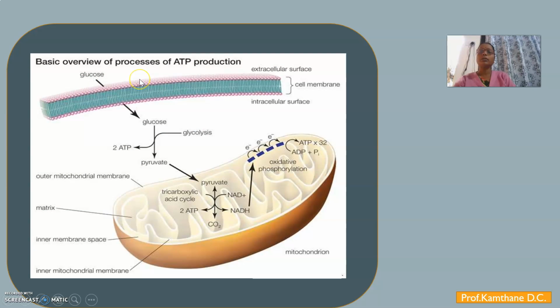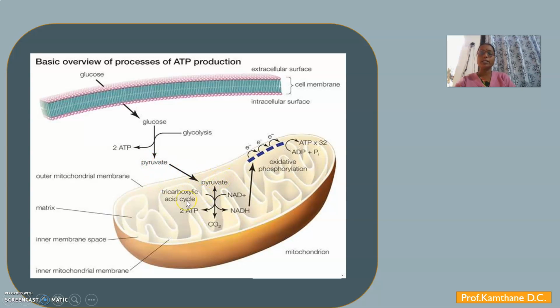This is the basic overview of the ATP production process. Here is glucose, and the cell membrane. Glucose from outside is taken inside, where it is broken down to pyruvate, and this process is called glycolysis. Here ATP molecules are synthesized; the net yield is two ATP molecules. Then pyruvate